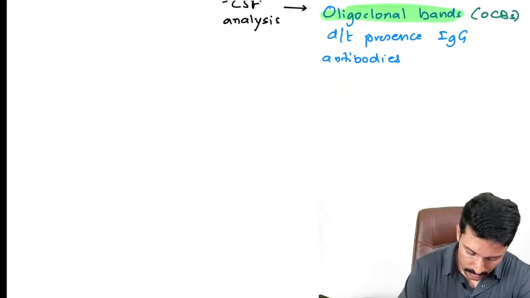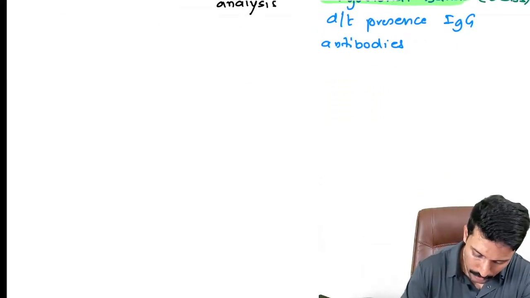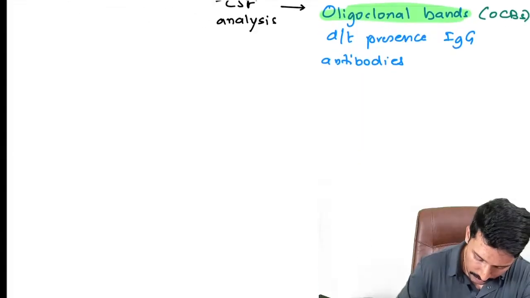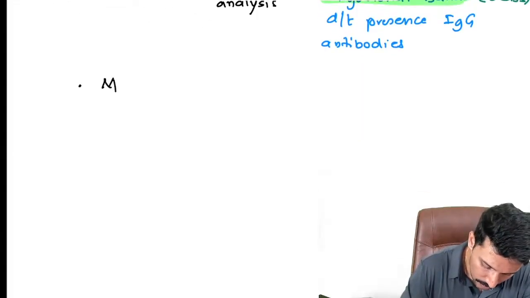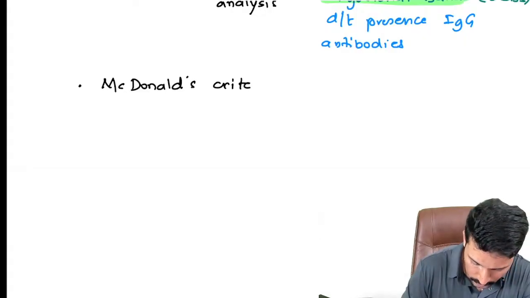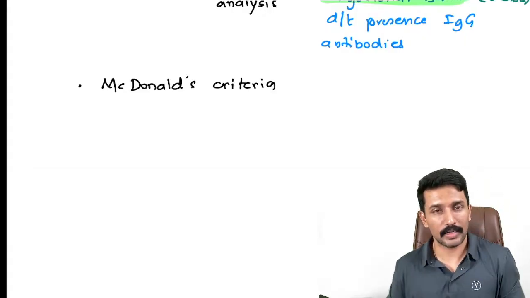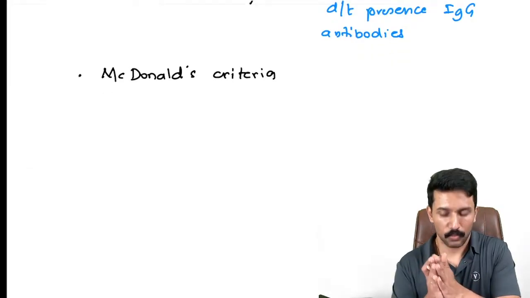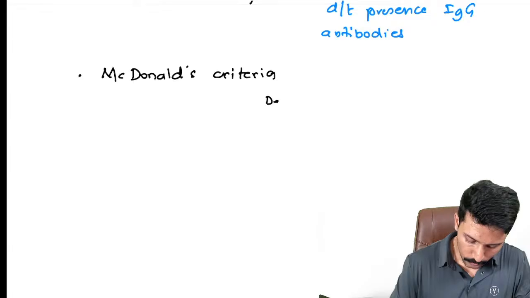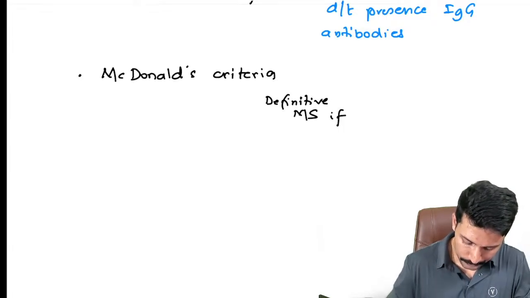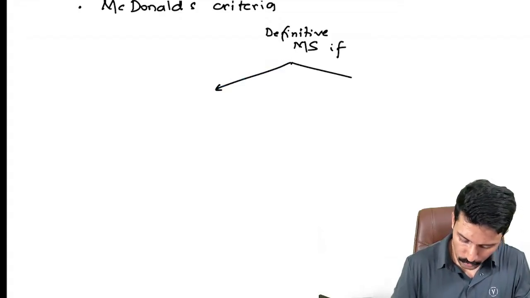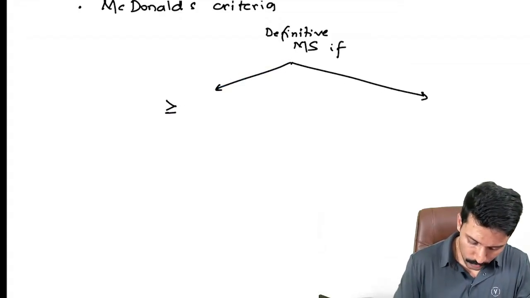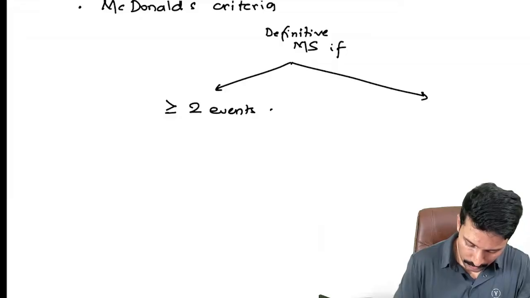That is about investigation. But when it comes to neurological diagnosis, if you have followed me, you know that it is mostly clinical, and clinical diagnosis is possible without investigation by following what we call McDonald's criteria. What McDonald's criteria said, to call it a case of multiple sclerosis, you need to meet two parameters. We will call it definitive MS if two parameters are met. The first one, there should be evidence of more than or equal to 2 events of demyelination